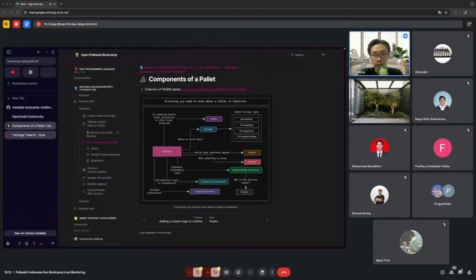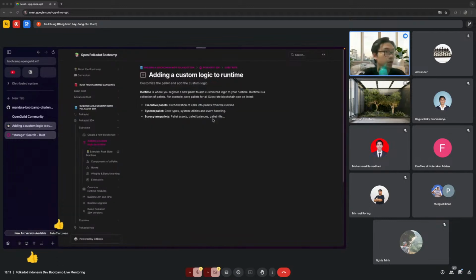I already have this section right here, so we're gonna cover most of the parts in this Substrate sidebar. All the sections are going to be covered in today's session, but just at the high-level concept. If you have any questions, feel free to leave your message in the chat box and I'm gonna take a look at that. I hope you all see my screen clearly.